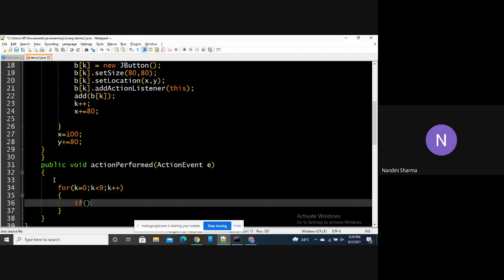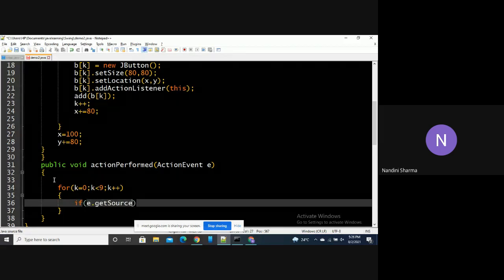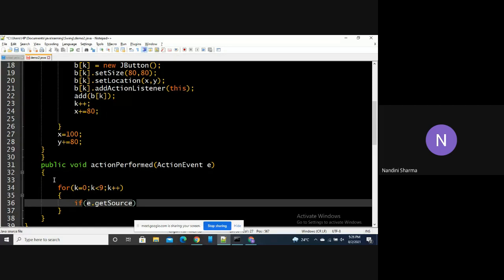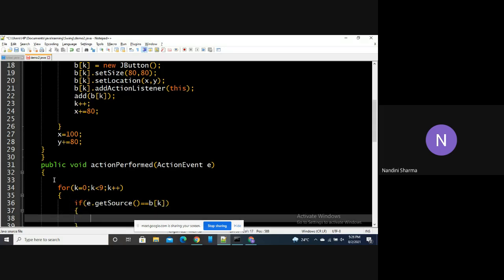Inside this, we will put our condition: if e dot get source equals any of our buttons, then we want to set the label.